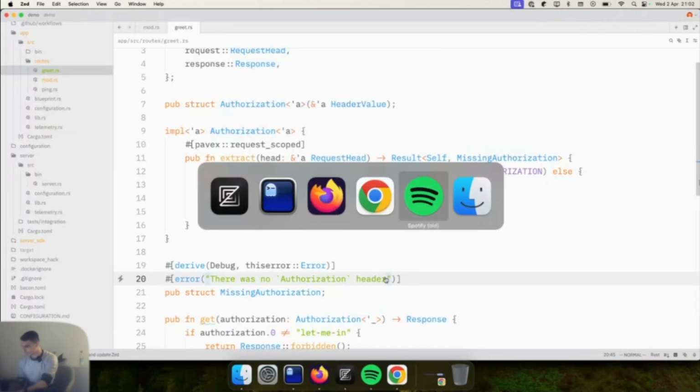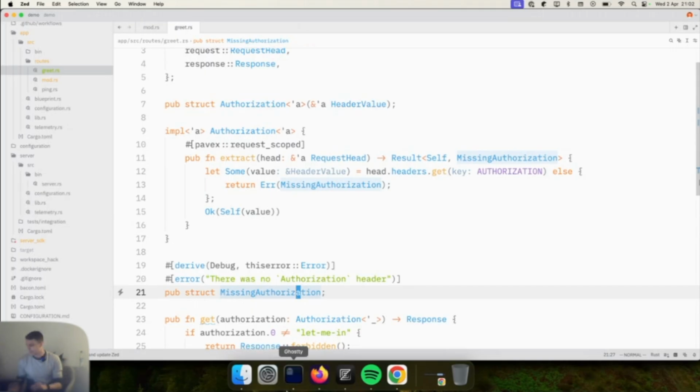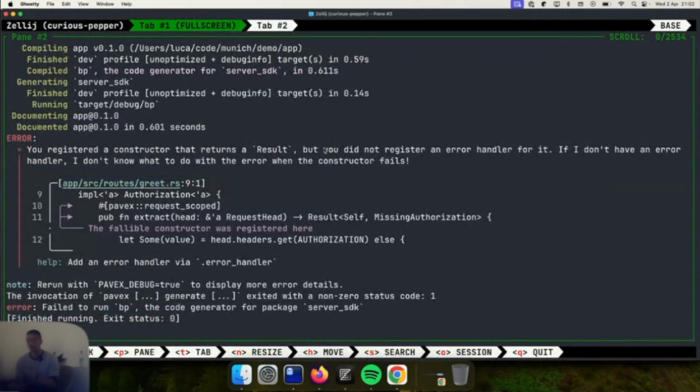OK. Now, going back to the conversation we were having before, this is like the rejection axiom. So I'm trying to extract a value. The authorization may fail. This gives me an error. That's cool. But how do I, framework, convert that error into an HTTP response? I haven't told it, which means that Pavex correctly needs to tell me off. And it's going to do it. So it's going to say that the register constructor returns a result, but it didn't specify an error handler. The error handler being the component that converts the error into an HTTP response. So if I want to fix that, where I register that, it gives me the span, please specify an